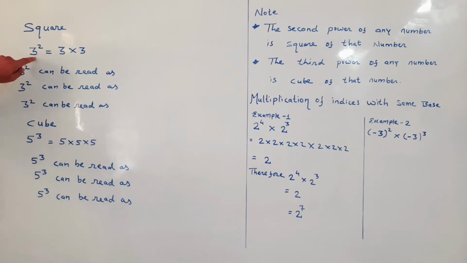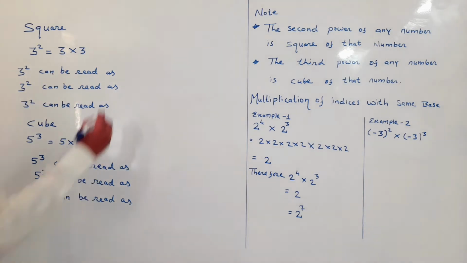Here we know, my dear student, that 3 is the base, and the base we have to write again and again, whereas 2 is the index, and the index is 2, so we have to write the base 2 times. So we have written 3 raised to 2 as 3 into 3. My dear student, 3 raised to 2 can be read as